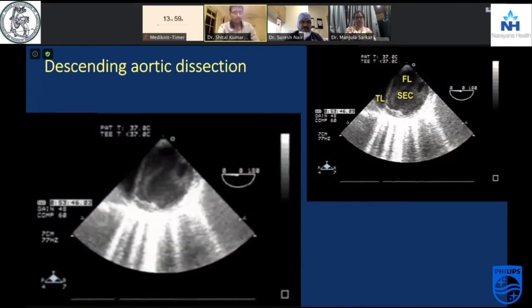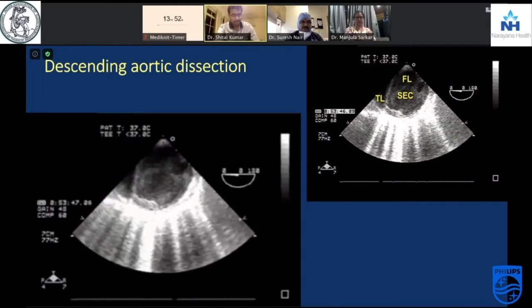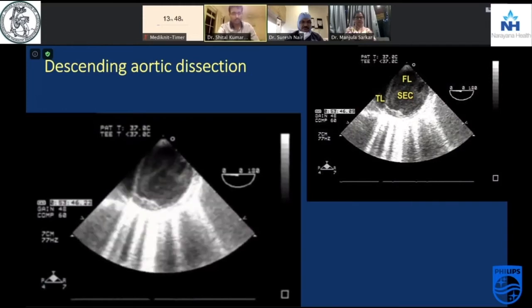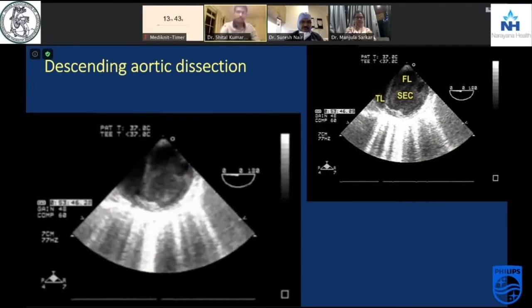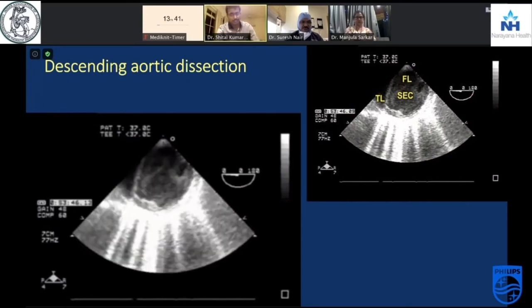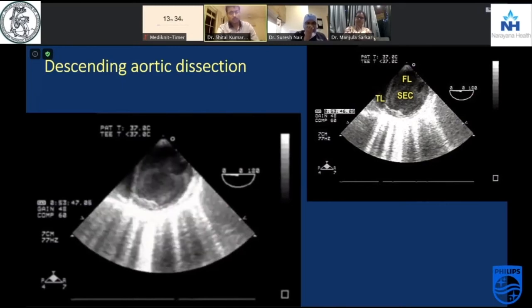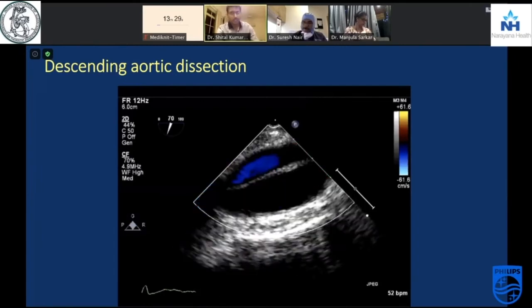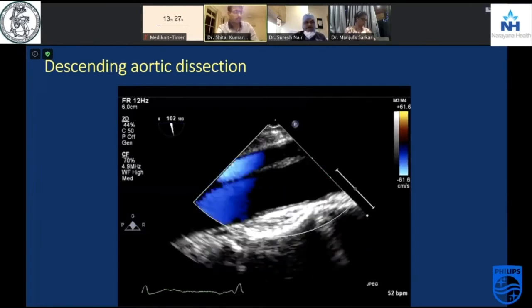Descending aortic aneurysm, descending aortic dissection. Again, in the short axis view, a very clearly seen flap, true lumen and false lumen seen here, and plenty of spontaneous echo contrast. We are quite aware that in situations of dissection, especially when we are the solo person looking after anesthesia and the TE, sometimes there is not enough time to capture all the images. So it's always good if there is one person carrying out the echo while you are focusing on the anesthesia. Most of this happens at night and you are alone at work.